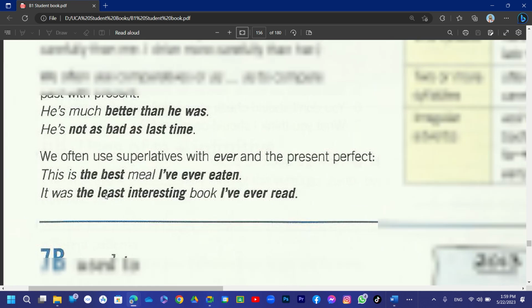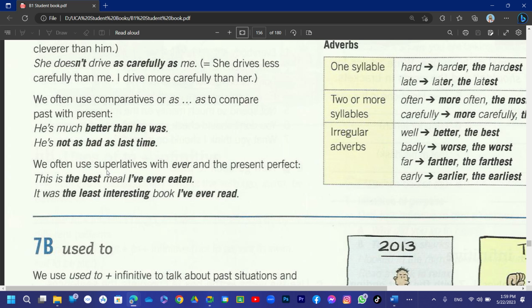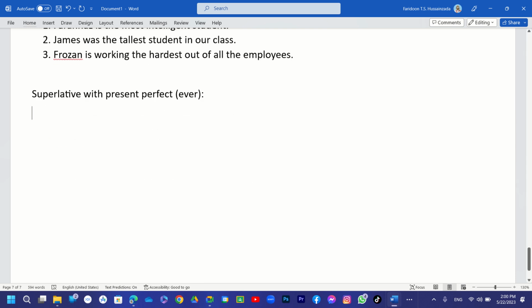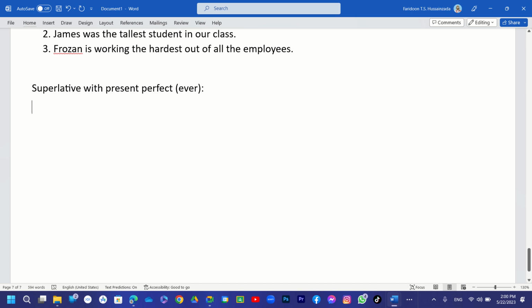Okay. And then you have like we often use superlatives with ever and the present perfect, to emphasize, let's say, to put emphasis on some things. Like we can also write a good example for this. It can be like, let's write it: superlative with present perfect, and we have to use ever. Okay, so it mostly comes in the form of a clause, right? A relative clause, I believe. So for example, you can say like